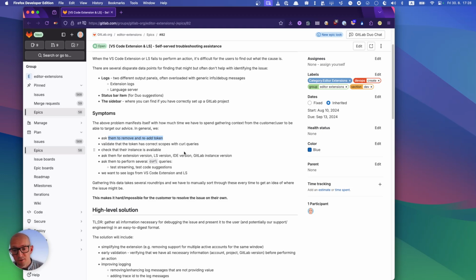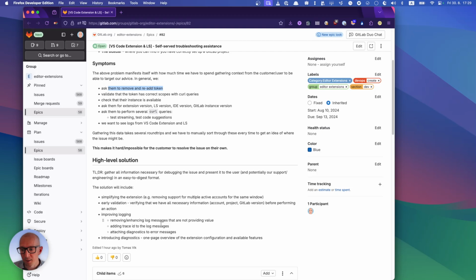So a high-level solution, and it's going to be a very iterative process, but the high-level solution is just to surface this information about what might be wrong with the extension in a better way and in one place or just a few places. So the solution will include simplifying the extension, an example being removing the support for multiple accounts,